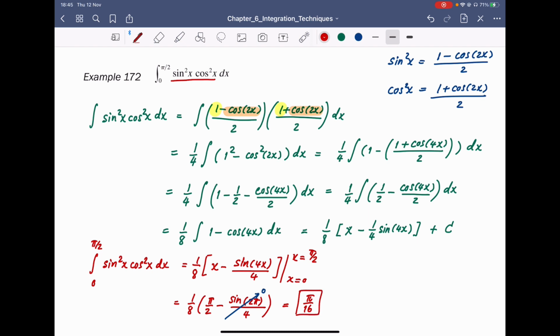Sounds good? Well, keep in mind that this is the standard technique that you should do when you face a product of sine and cosine with even power. You have to use the identity. So there is no other way that you can solve this one without the identity. Sounds good? All right, next we are going to look at example